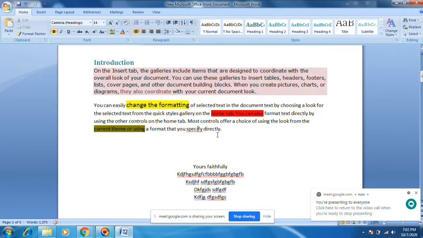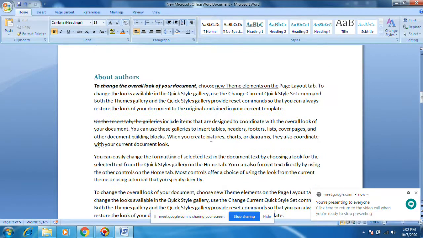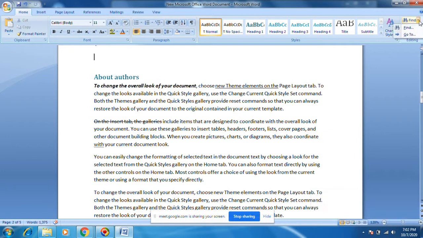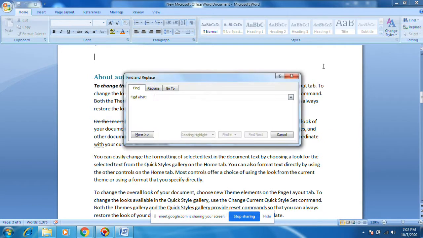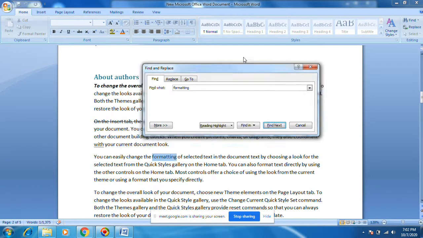I want to search any word, suppose formatting, to see how many places it is there. Just copy it. I want to do Find, paste, and it will show where it is.